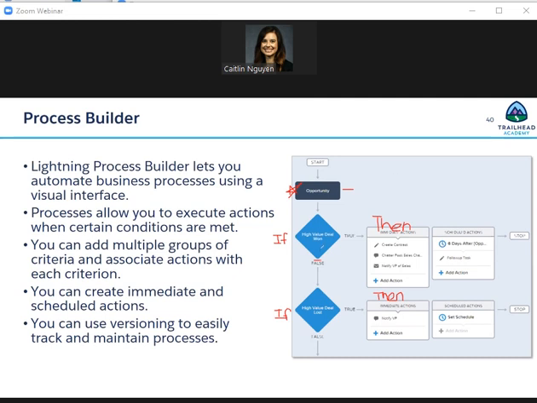In this example, I have an if statement. So if a high value deal is won, my true actions: create a contract, a chatter post, notify VP of sales. And then I have a scheduled action 6 days after: a task. But if that's false, if that's not true, I have separate actions that happen. So you get to have multiple if-then statements controlling the order. Another